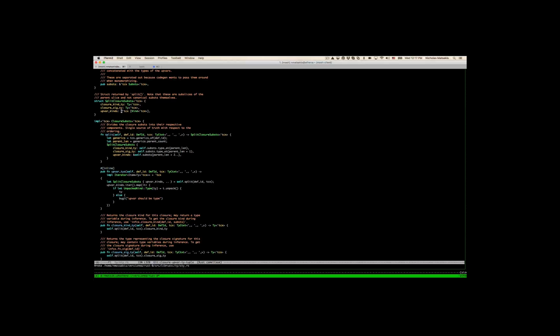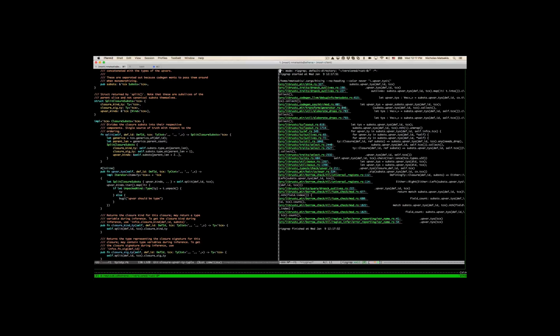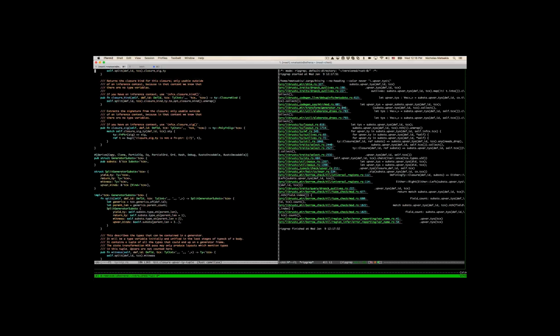But let's do a little more reading. So upvar tys, this is the function that gives back the types of each upvar. I want to see kind of where it's called from. Okay. Because the reason I want to see is if we change this to be a tuple type, and then down here, we're going to basically have to check that it is a tuple type, and then iterate over its contents, right? And the tricky part, so it's actually sort of similar,